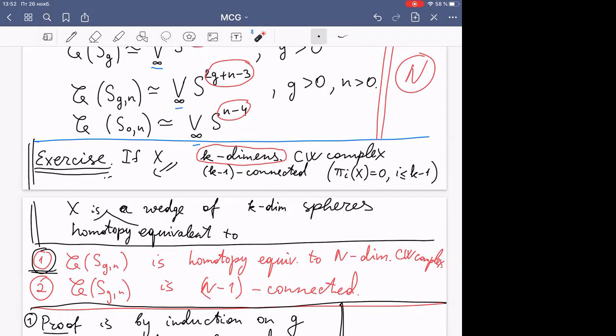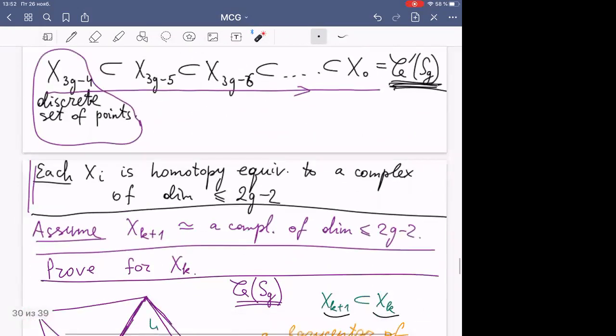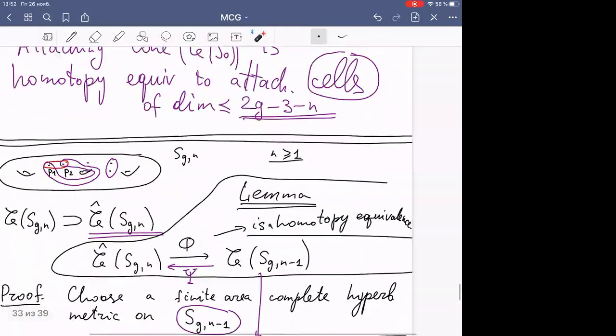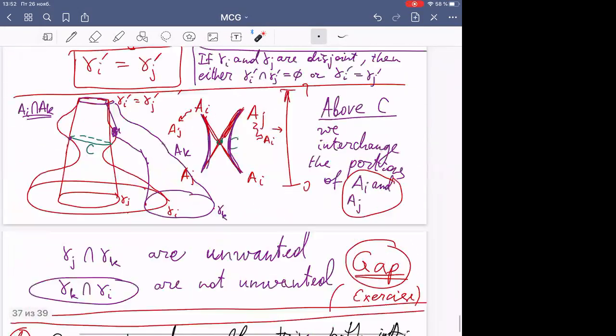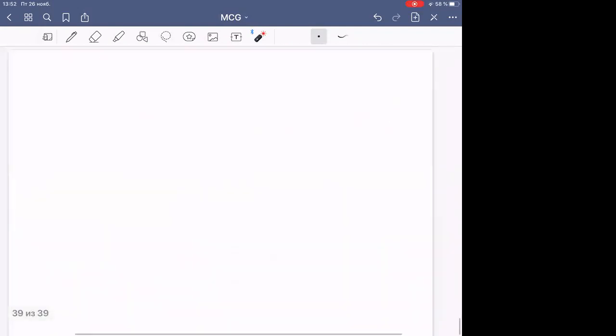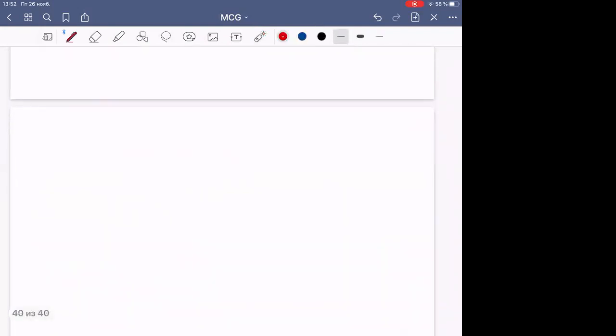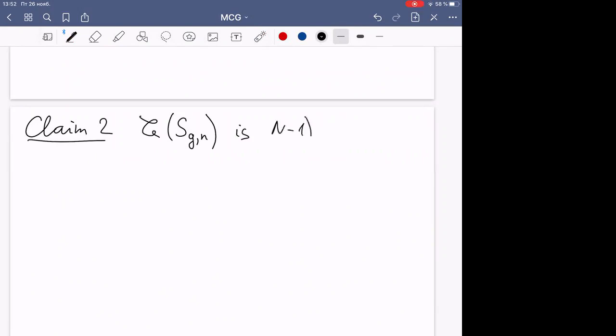So the claim is... next claim says that the curve complex of S_{g,n} is N-1 connected,